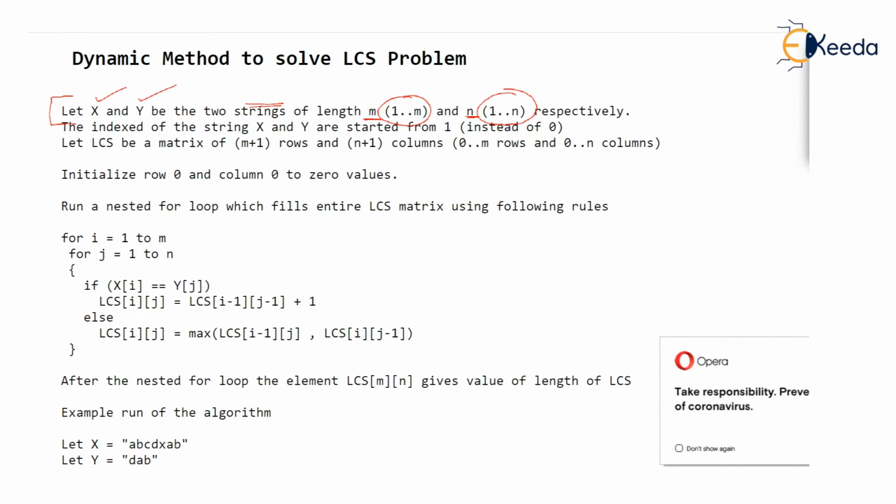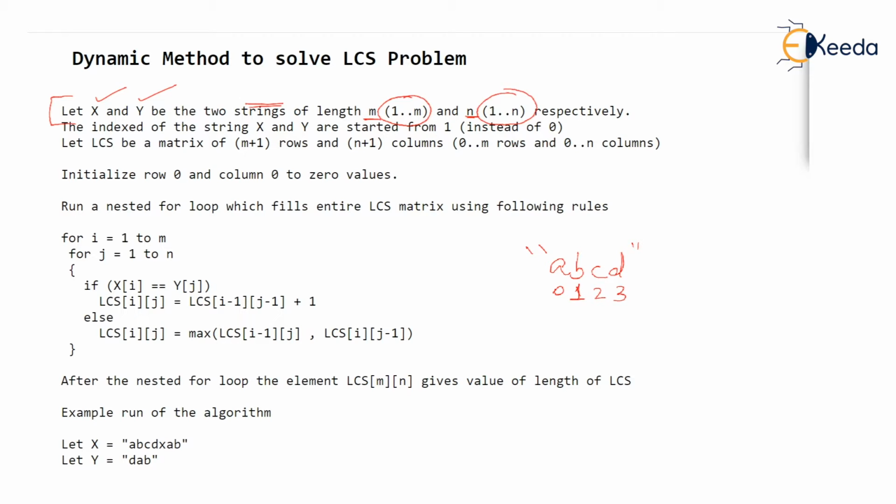Mostly whenever we draw any strings, for example, there is a string A, B, C, D, we know that we start indexing from 0. We are so used to this 0 indexing. But we will assume that in our problem, the strings are given starting from index 1. So that's why I have made it clear that if M is the length, then indexes are 1 to M. And if N is the length, then indexes are from 1 to N.